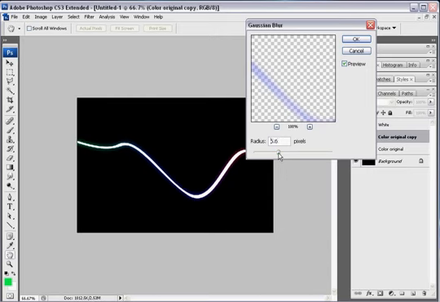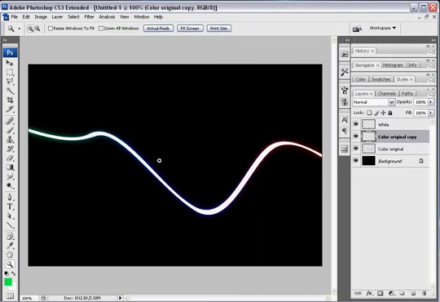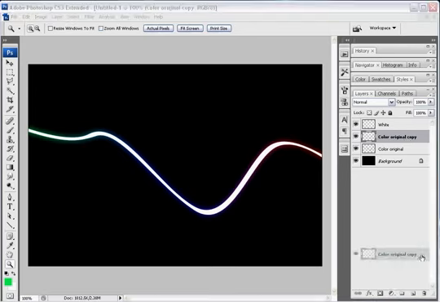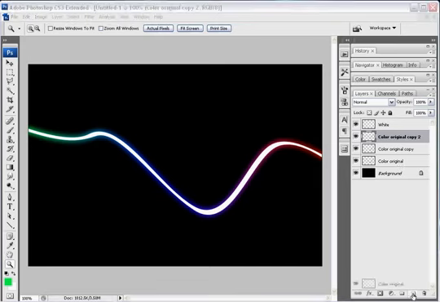So that looks good. 6.8. Click OK. Now let's zoom in again. Now that's the glow, but that's not enough. We really need to bring out the glow more. So what we'll do is we'll duplicate the copied layer, and that'll brighten it out more. But we're not done yet. We're going to take the original color again,